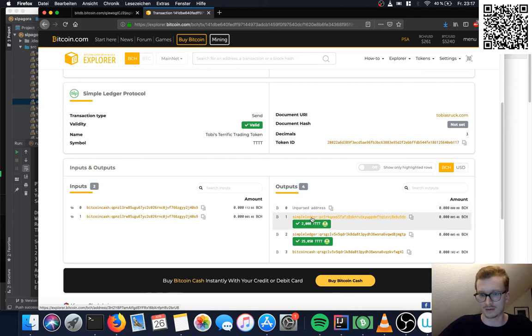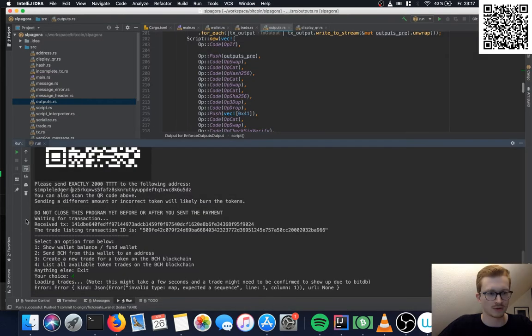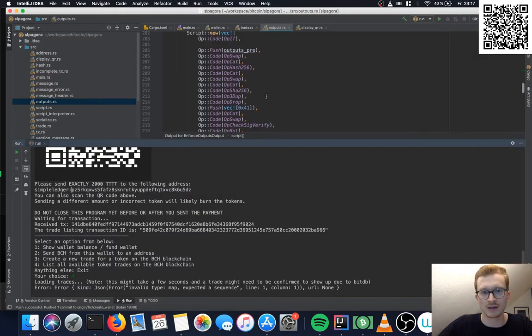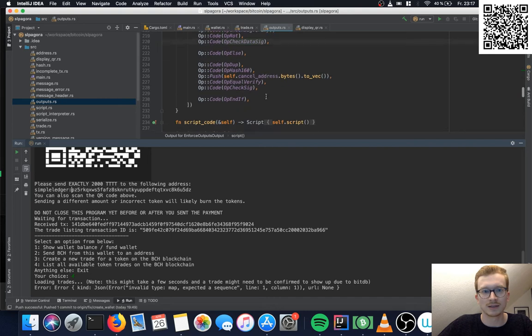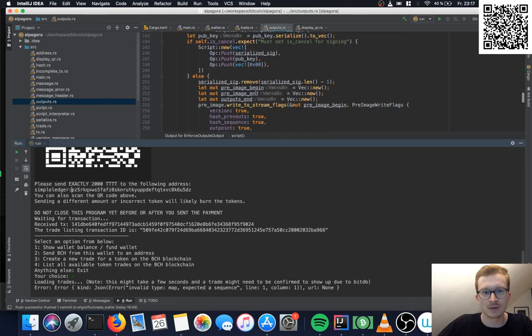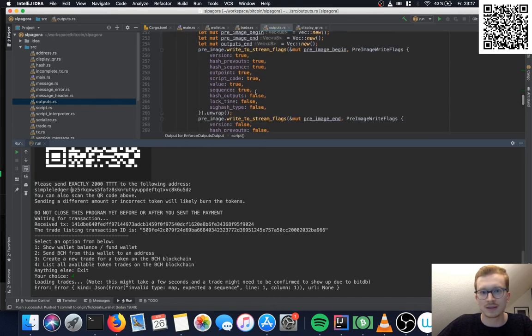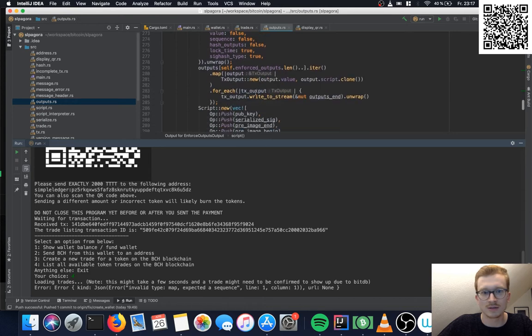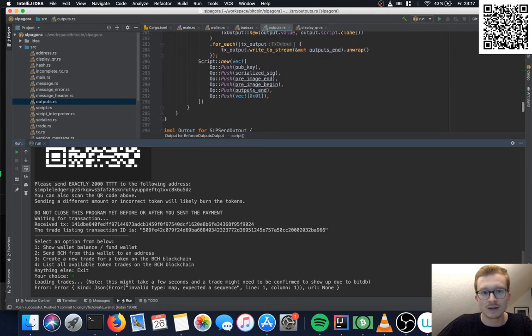Okay, and this smart contract, we can have a quick look at it again. This is the spending one. It takes 6 inputs in total: the public key, the serialized signature, and these 3 things.